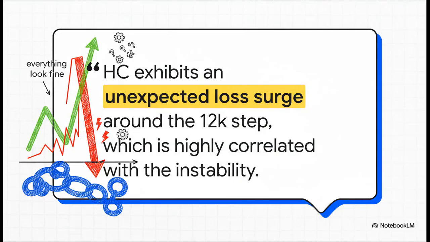And here is the smoking gun. This chart shows the model's training progress. And you can see, everything's going along just fine, learning, getting better, and then bam, that huge spike. That's called a loss surge. It's basically the AI equivalent of the whole system just having a complete meltdown. Performance falls off a cliff, it's completely out of control.